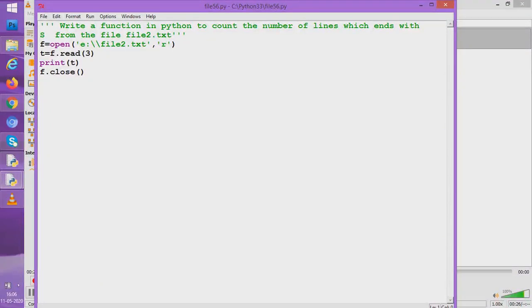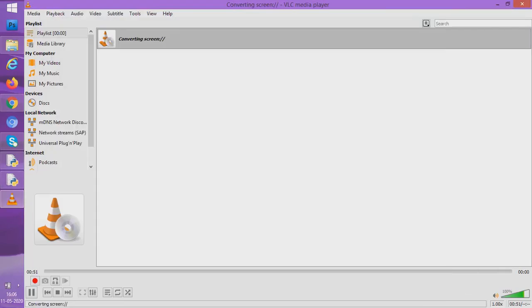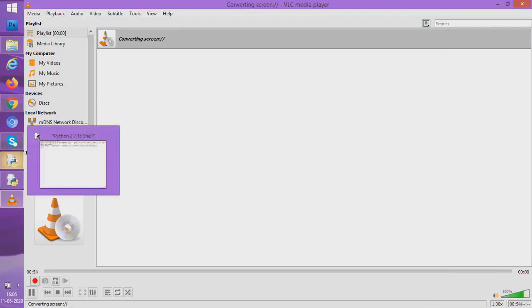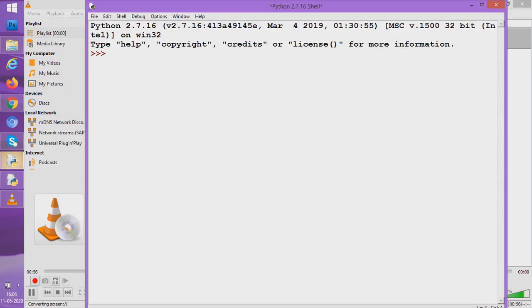So this concept is now over. One last concept of file handling for today I'll deal with, and that concept is, see students, you unknowingly also, before the start of the chapter file handling, have used the concept of handling files. Now, how have you used the concept of handling files?